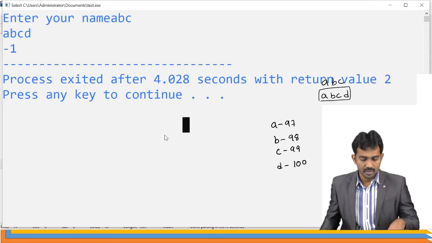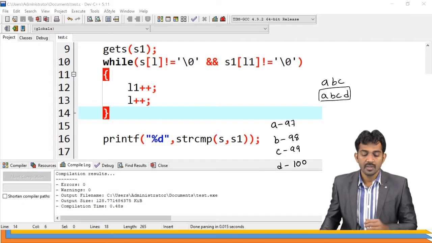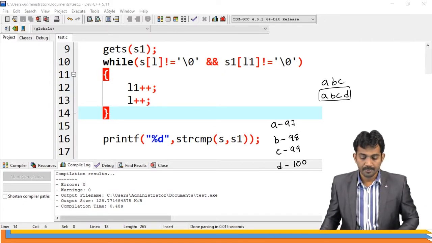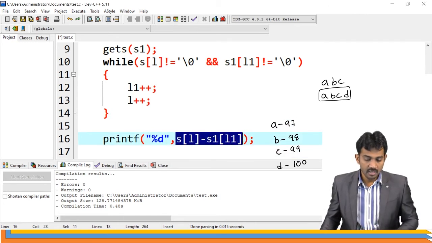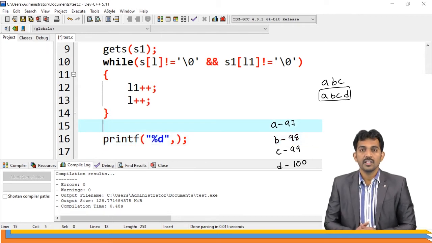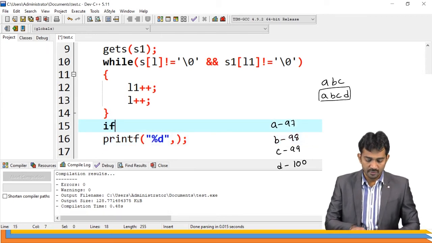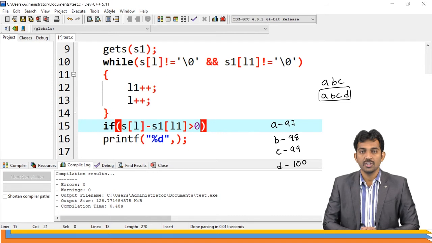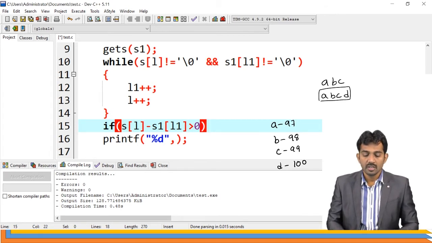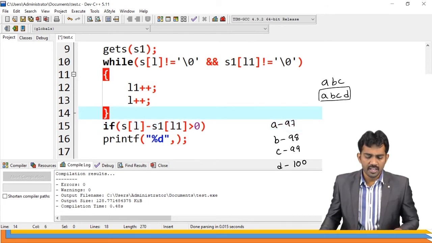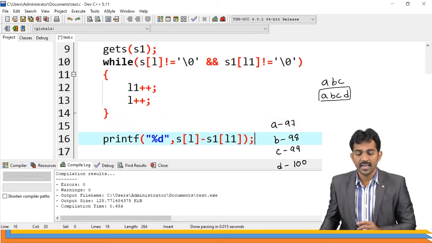So if you want to achieve that one, what should I do? Instead of printing this one, I need to check the condition if it is greater than 0. Right? Is greater than 0. Then what value am I going to give? If it is greater than 0, then some x equal to, it's not required even. Please note this, it is not required. Even you can print directly like this also.